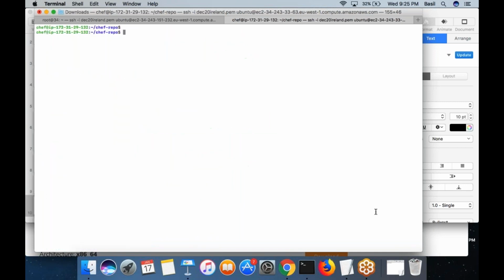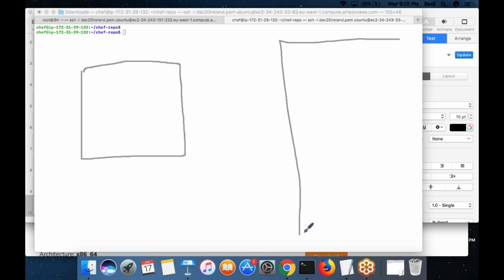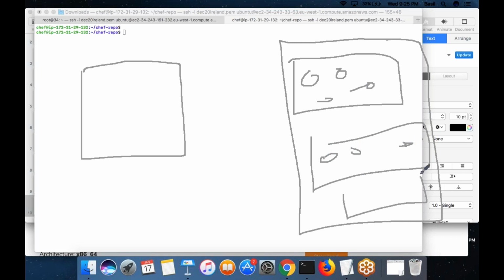So let me repeat that one more time. What is a configuration? What do I mean by the configuration? The details about your infrastructure, nothing else, right? How many machines that you have, which are running Apache, how many machines that you have that comes under Tomcat, how many machines that you have that comes under database, and what are the list of checklists that need to be performed on all these machines.